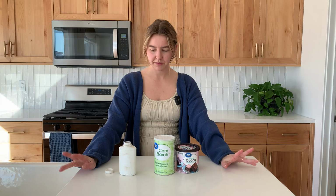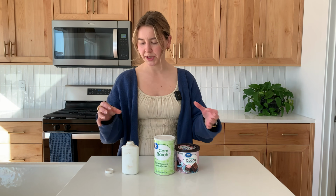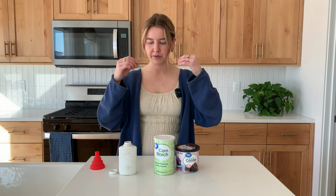Now we're back to the kitchen for some dry shampoo. So I do use this little dispenser. I know some people will use a little jar and like a makeup brush and dab it into their hair. I should do that. I think it would work a little better. This is what I use. I just dump a little bit onto my hands and then kind of run it through whatever parts of my